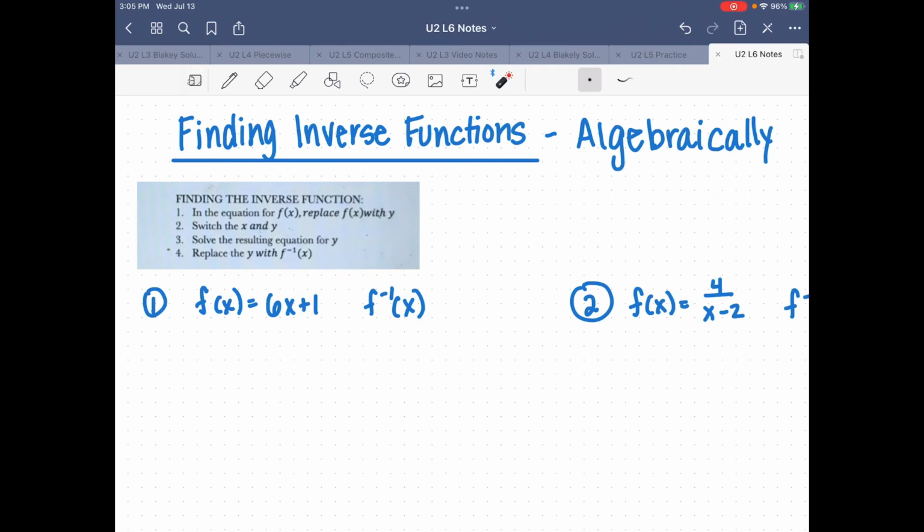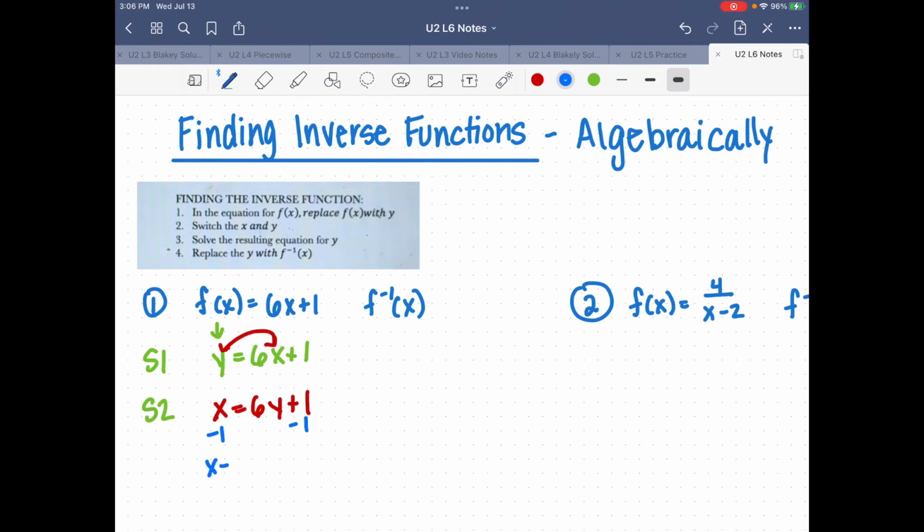So that's step 1. Step 2 is to switch my x and y. So I want to switch these two. So I get x equals 6y plus 1. Now then, I want to solve for y. So in order to solve for y, I need to subtract 1 first. And then I need to divide by 6. Okay? And obviously, 6 won't go into that evenly. So this is step 3. All right, so step 4 is I get y equals x minus 1 over 6, and I